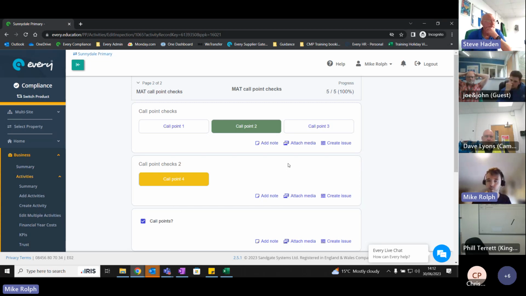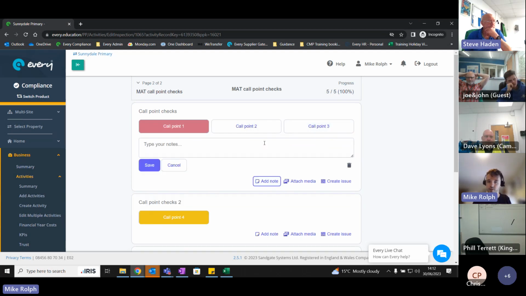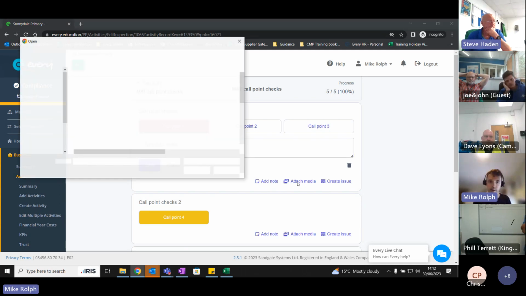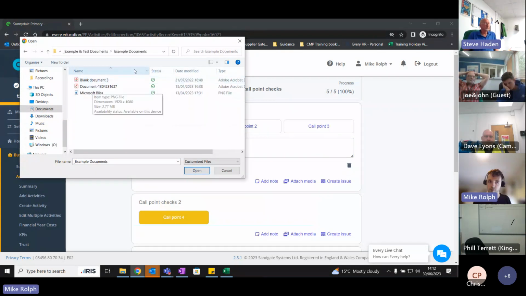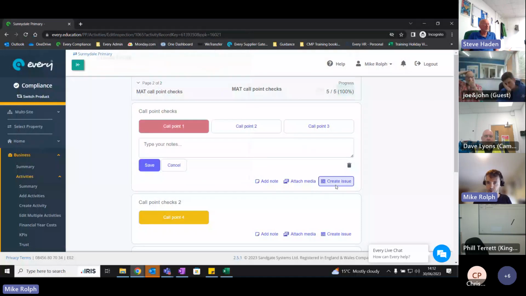You'll see the kind of responses that you might give, and you might have tick boxes, or you might have a free text field or multiple choice, as you can see there. What you can also do is add notes to those individual checks, attach media, again, like we've just seen, whether it be photos or whatever it is. Well, it's either PDF or image files in this case. And if you want to create an issue, which we will come on to,